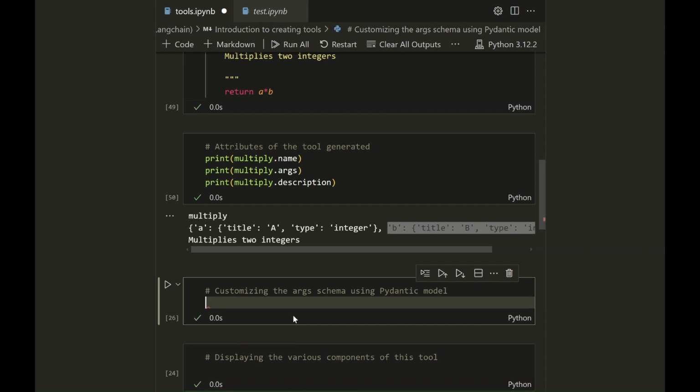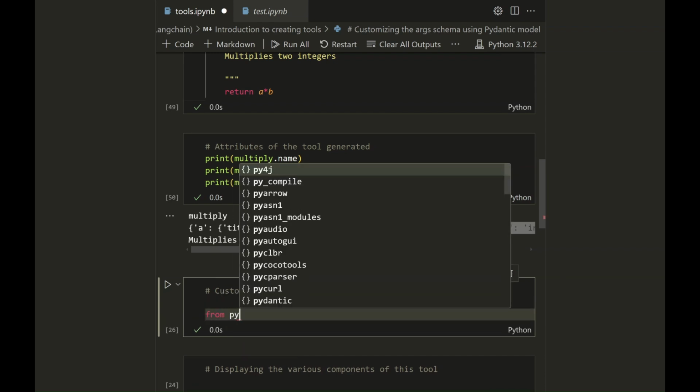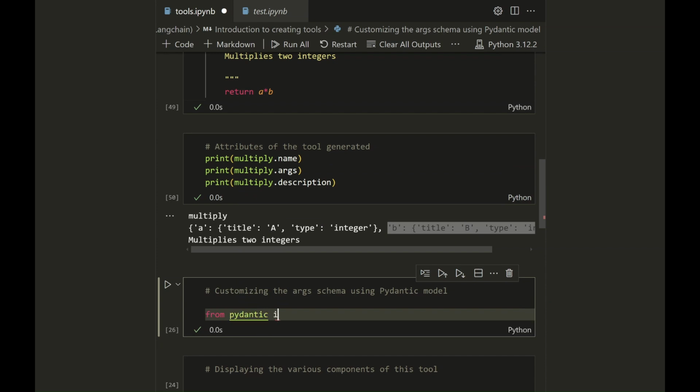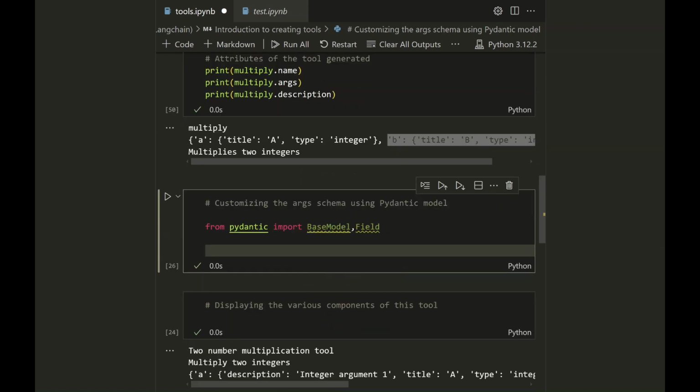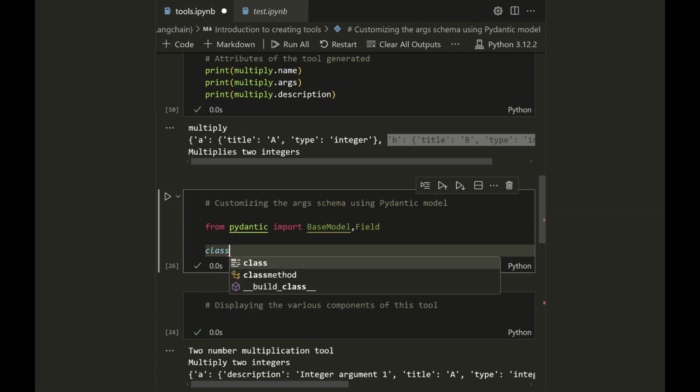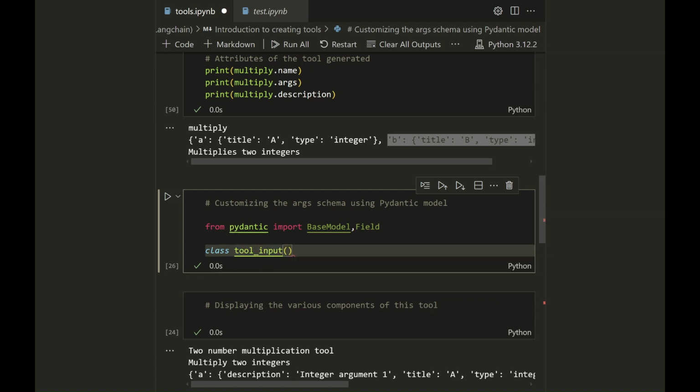So we have to go to first from Pydantic, import base model and field, and then we can go here and define a class. What do we call this class? Let's call this tool input for now. Tool input